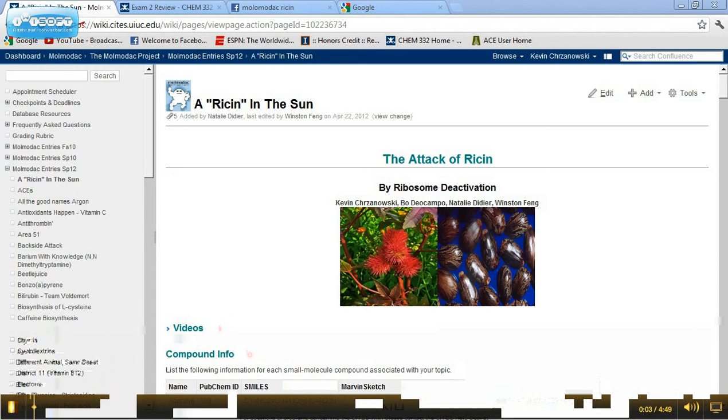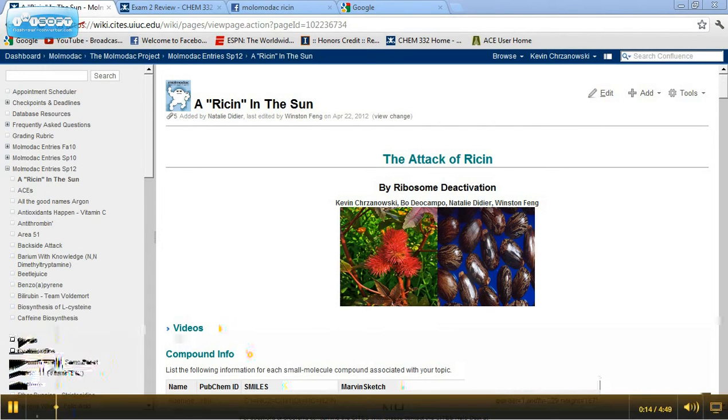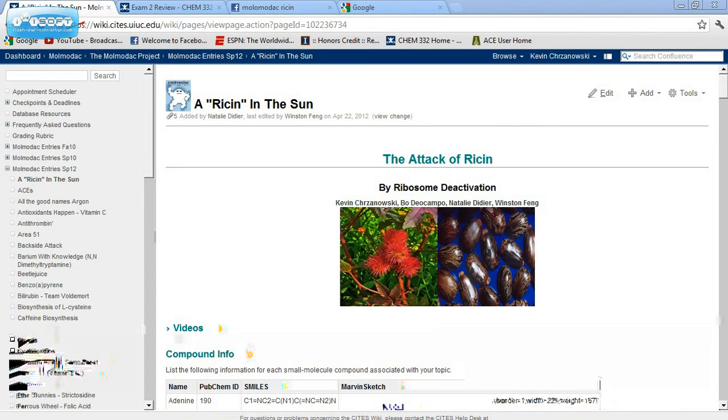Ricin is a protein that comes from the castor oil plant. A small dose of ricin can be fatal to humans. The information found on our page is important because as of now there is no cure for ricin toxicity. Hopefully, with further research of the mechanism that ricin uses to attack cells, a cure for ricin toxicity can be